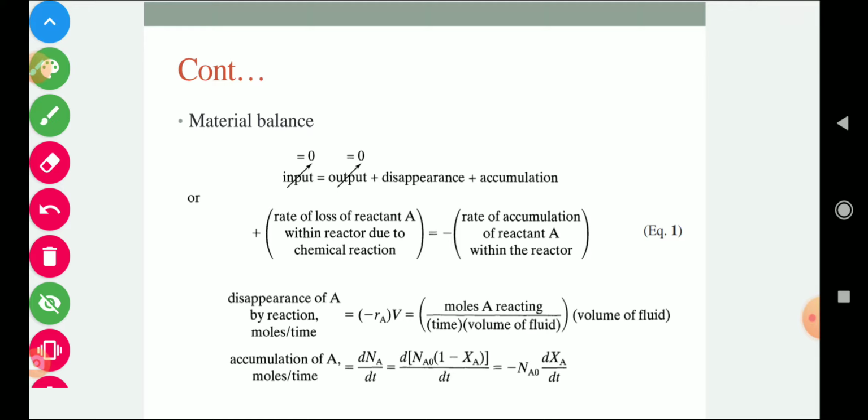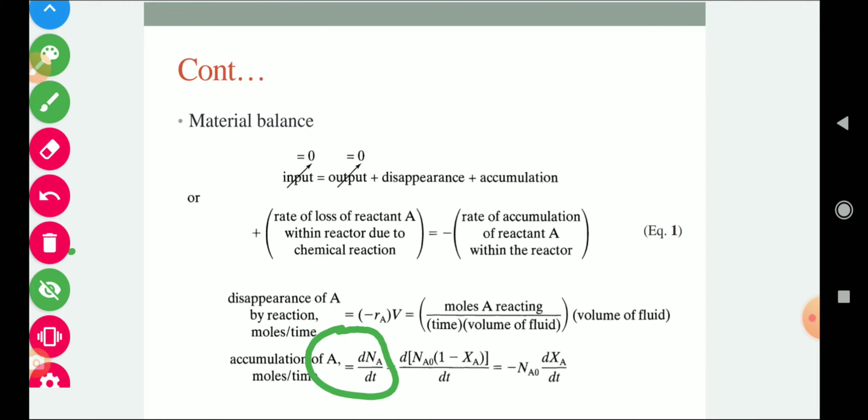So the rate of accumulation of A will be equal to dNa by dt, and this Na is equal to Na0 into (1 minus Xa). So if you replace Na by Na0(1 minus Xa), then you will get this equation, and after the differentiation finally you will get minus Na0 dXa by dt,